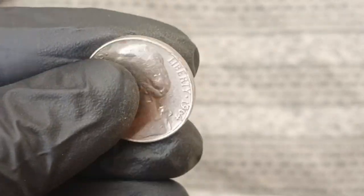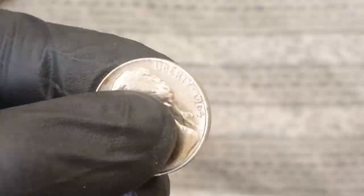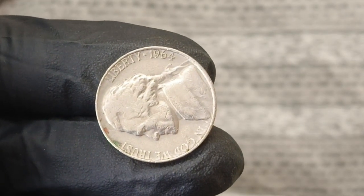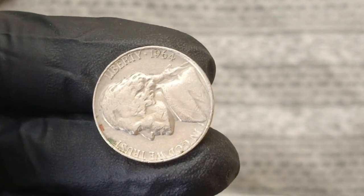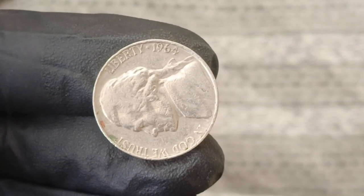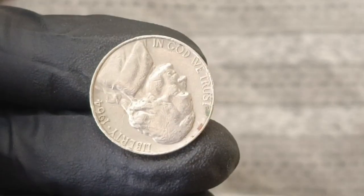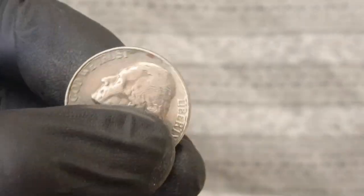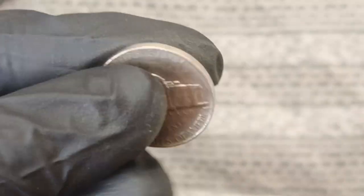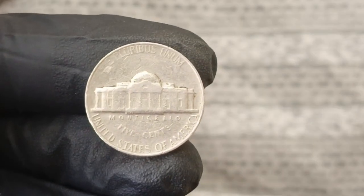And further driving up the value of some 1964 nickels is the existence of proof-like strikes that were never supposed to be issued for circulation in that year, as the U.S. Mint had ceased proof coin production from 1965 to 1967 in favor of special mint sets, yet certain 1964 nickels exhibit an eerie mirror finish and sharp detail that matches the quality of proof coins, sparking debates about whether these were early experimental strikes or errors that escaped from the mint's test batches, and in numismatic circles, these mysterious coins